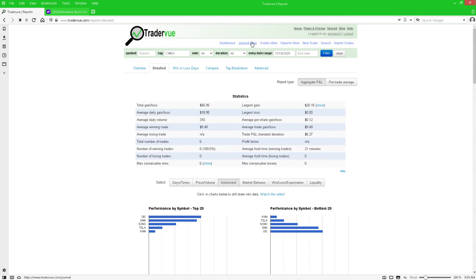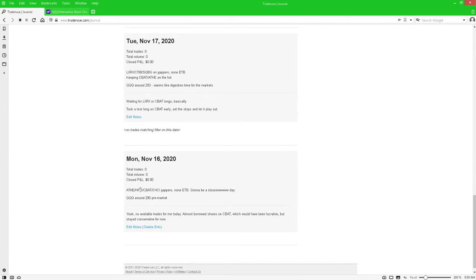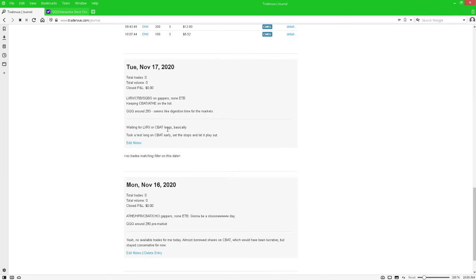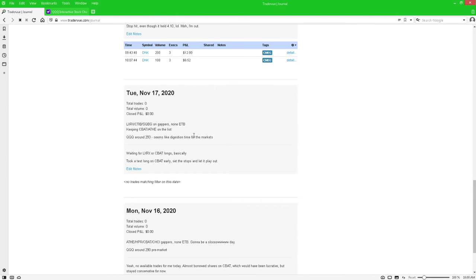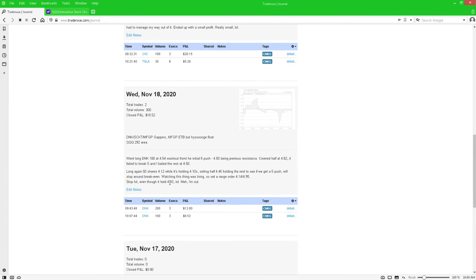In fact, let's go to the journal view and see. So you can see actually Monday and Tuesday, I didn't really take any trades. That was that long CBAT trade, but it was kind of a test of something. Like I said, I entered and then I set a stop loss and I set a target and just let it play out. And it ended up hitting my target, although it was not really the target I would want in that system. Anyway,